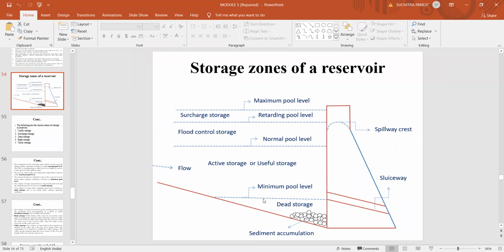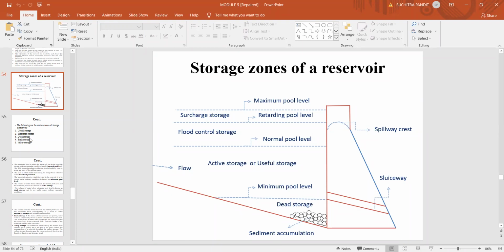So next, the water level below this minimum pool level is called the dead storage. So this portion has to remain in the reservoir for stability purposes. So this cannot be taken for any use. In an extensive survey project, we have carried out the new tank project. So this storage height will be about 10% of the total height of the reservoir. So this portion has to be stored in the reservoir.